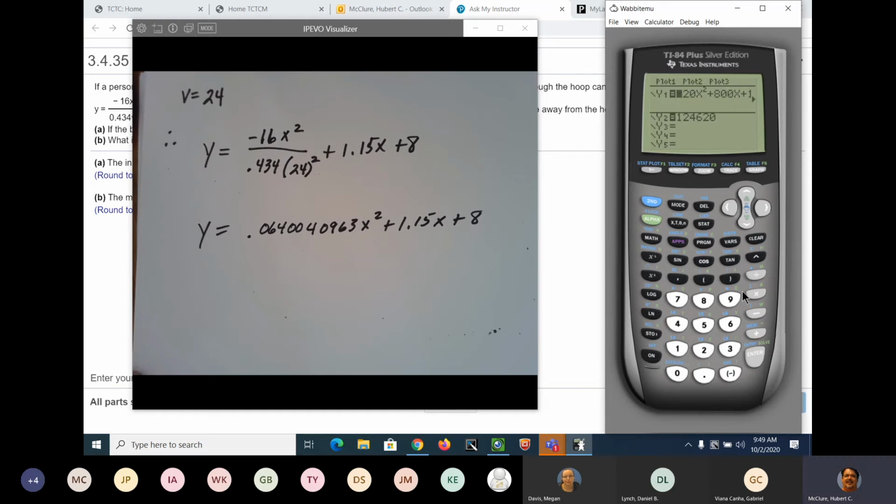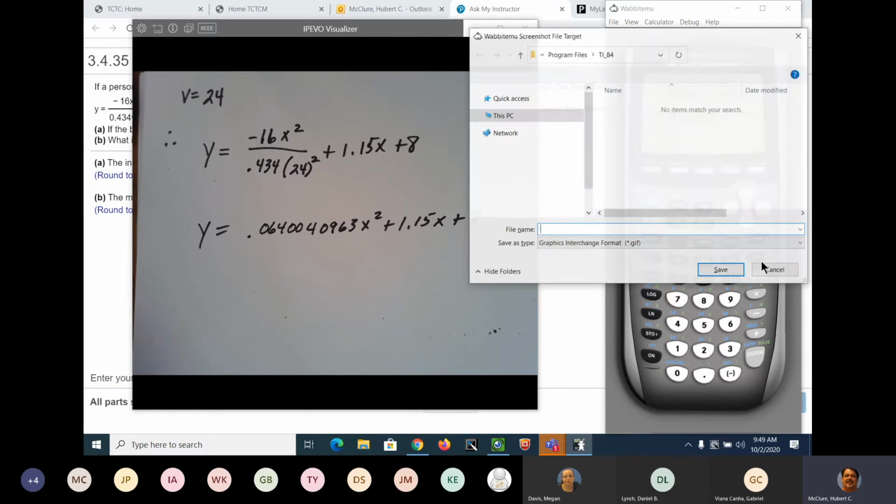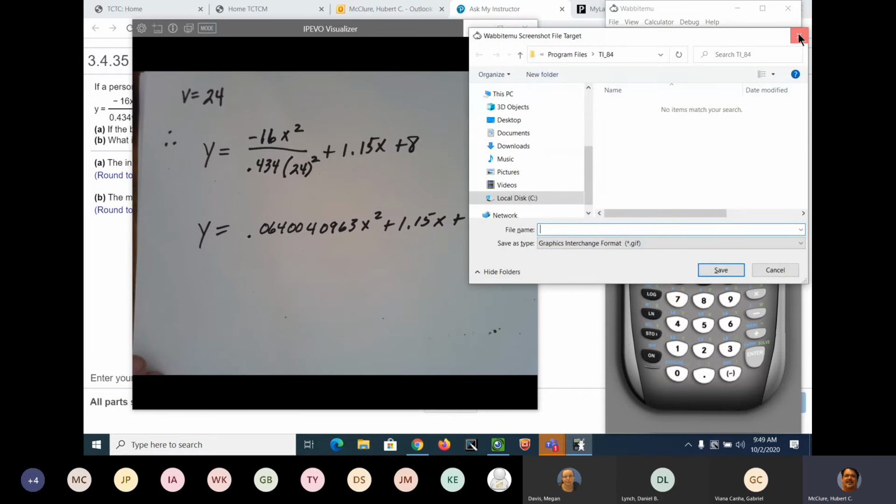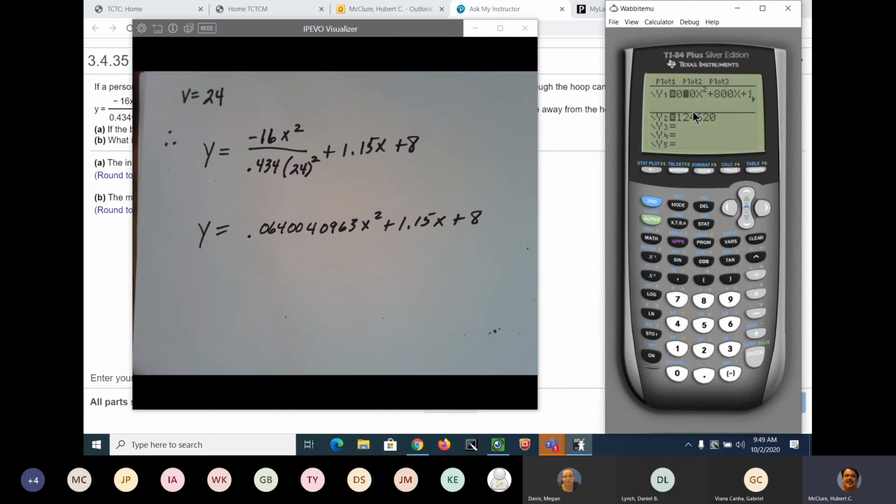So y is equal to, oops, don't use your backspace on the keyboard. Hold on a second. It's going to be negative, isn't it? So negative